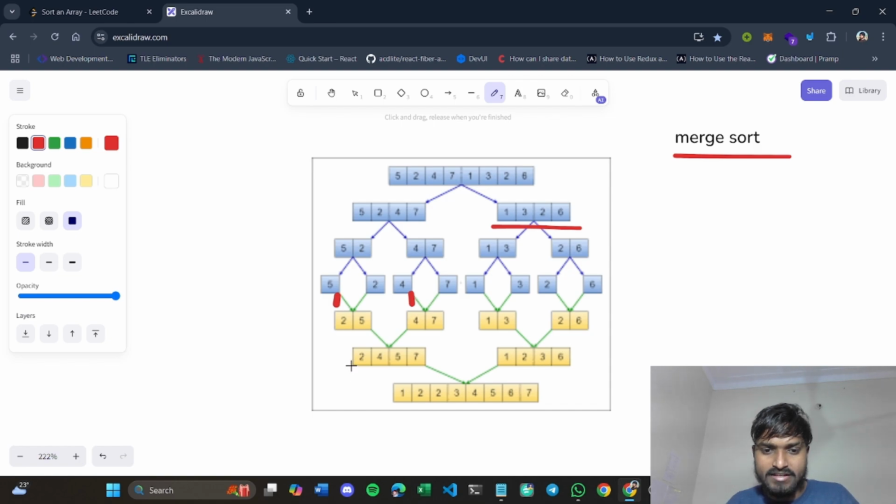So 2 is smaller, so we will keep 2 first, right? Now we will move our index forward. So our next index will come here, and in this case it will come here. Again we will compare 5 and 7, which is smaller? So 5,